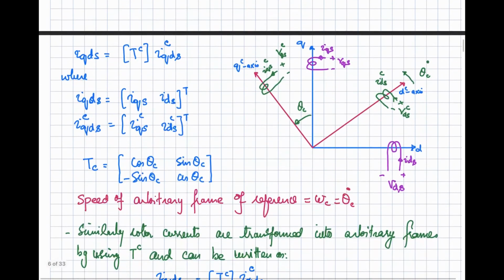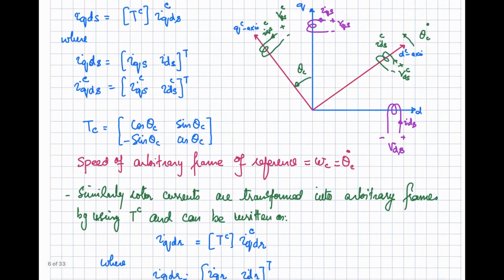Okay, now let's assume that we have the D and the Q axis that is fixed, but another set of the D and the Q axis, those are rotating now, and they are rotating at some speed, let's suppose omega c, and that is equal to theta c dot. And what is this theta c? Theta c is basically the angle between this Q axis that is fixed, that is not moving, that is with the speed 0, and this Q axis that is moving with the speed omega c, right?